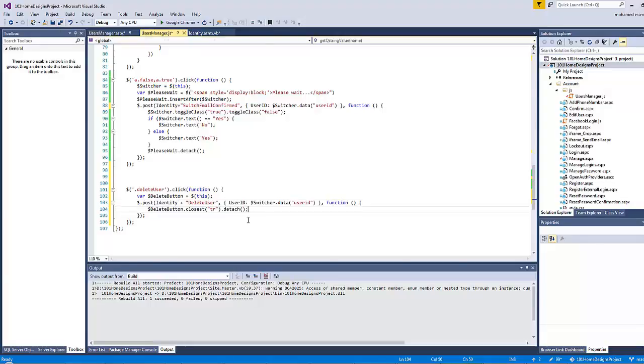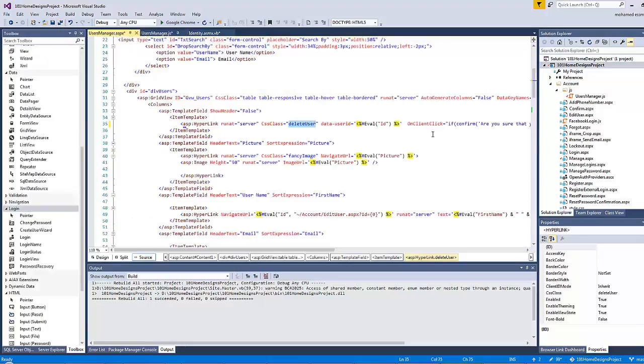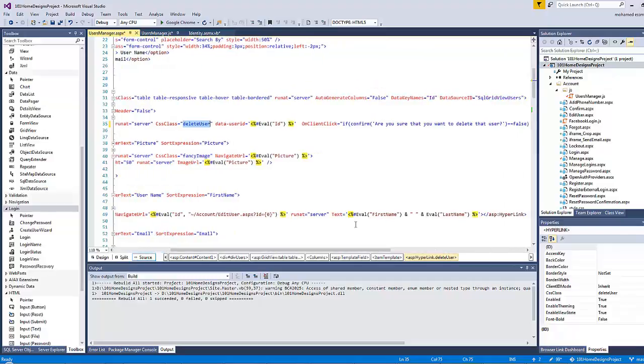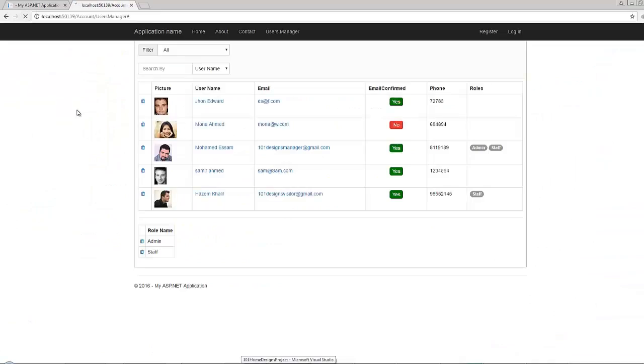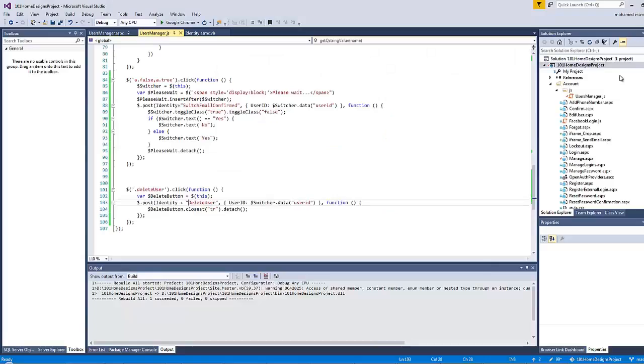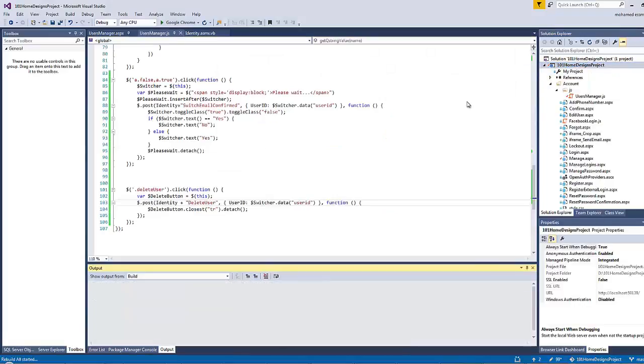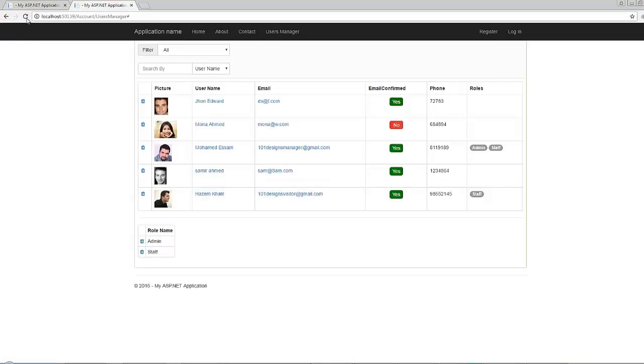And by the way, we have here on client click the confirmation message. Let's see if this confirmation message will work. We have, by the way, to rebuild our project first. Okay, now let's refresh our form. Now when you click here,